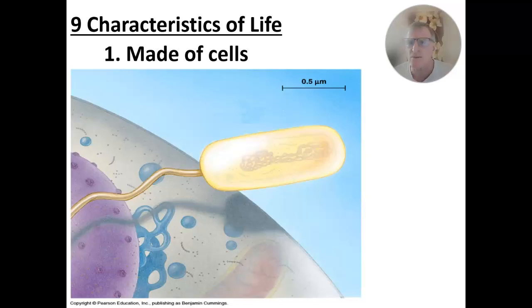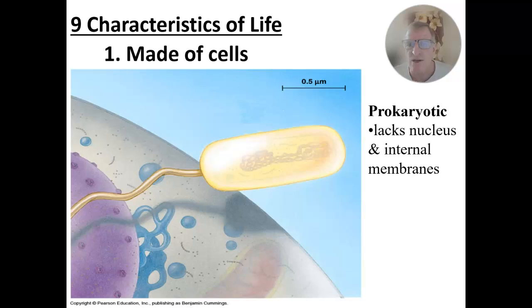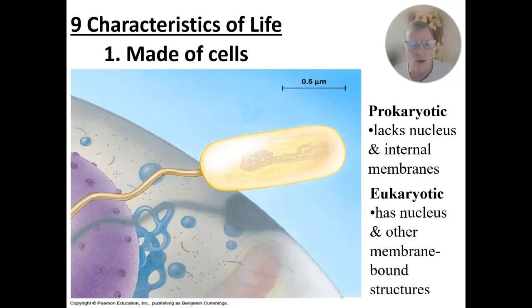There are really 2 types of cells we're going to study in biology. These small cells that you can see here that don't have any internal membranes or nuclei are called prokaryotic cells, and they lack a nucleus, and they also lack other membrane-bound structures. This big cell next to it, relatively big, maybe 10 microns in size as opposed to 1 micron, that's a eukaryotic cell. So eukaryotic cells have a nucleus, they have other membrane-bound organelles like mitochondria, and they have endoplasmic reticulum